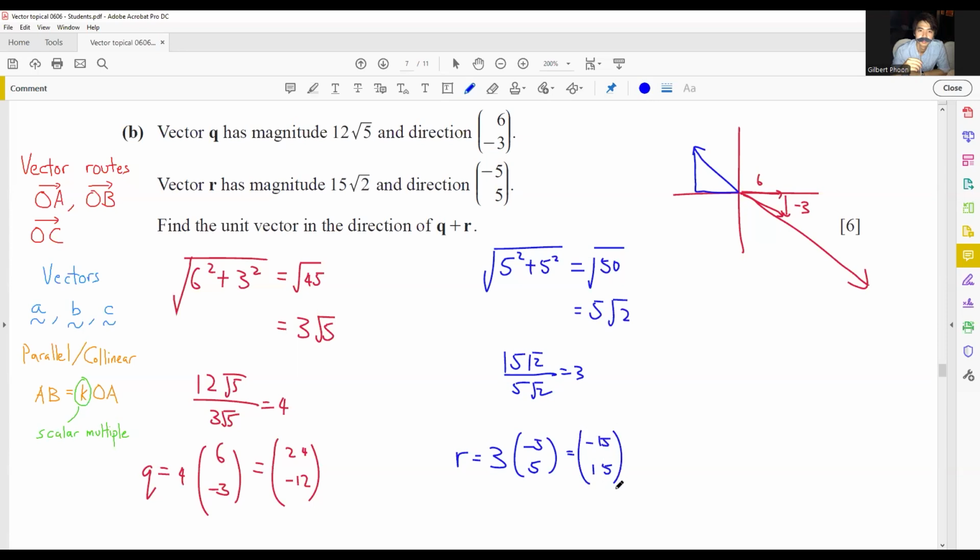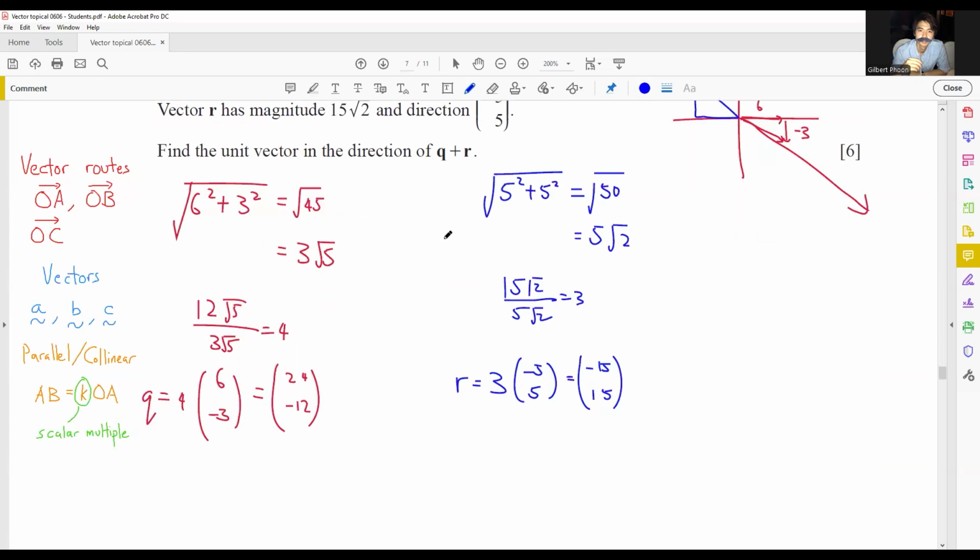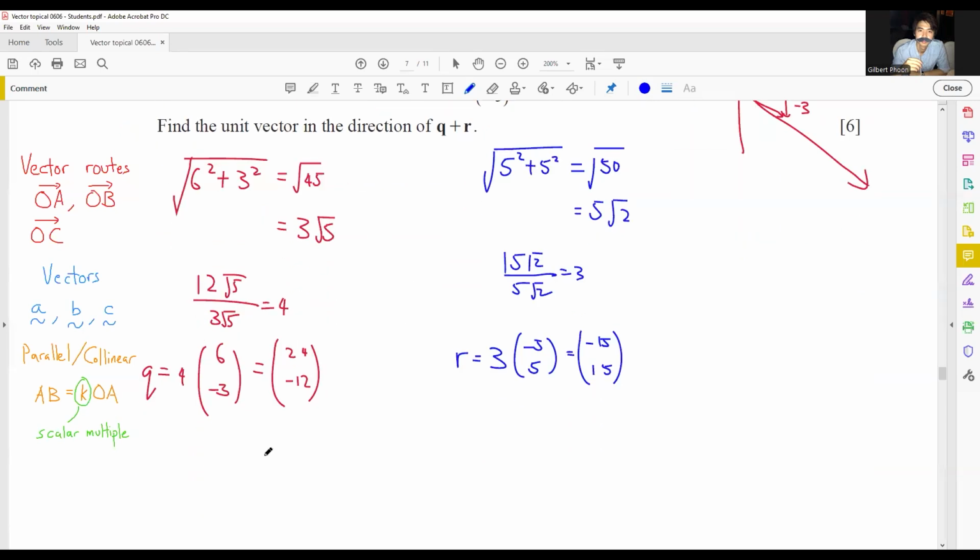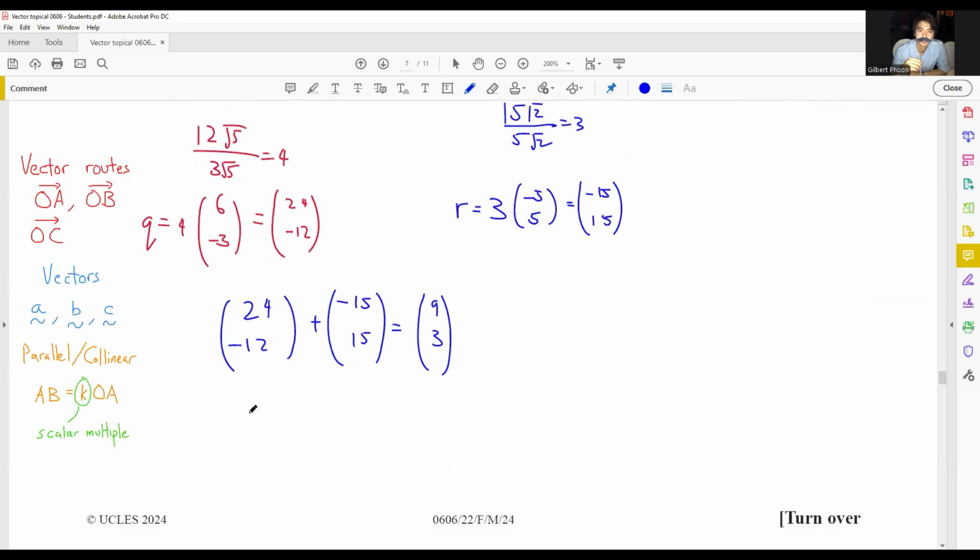Okay, that's for R. Now that we have Q and R, we want to find the unit vector in the direction of Q plus R. So Q plus R is actually 24, negative 12, plus R, which is negative 15, 15, to give us a value of 9 and 3. Now, we know that this is the i and this is the j, and to find a unit vector, once again,